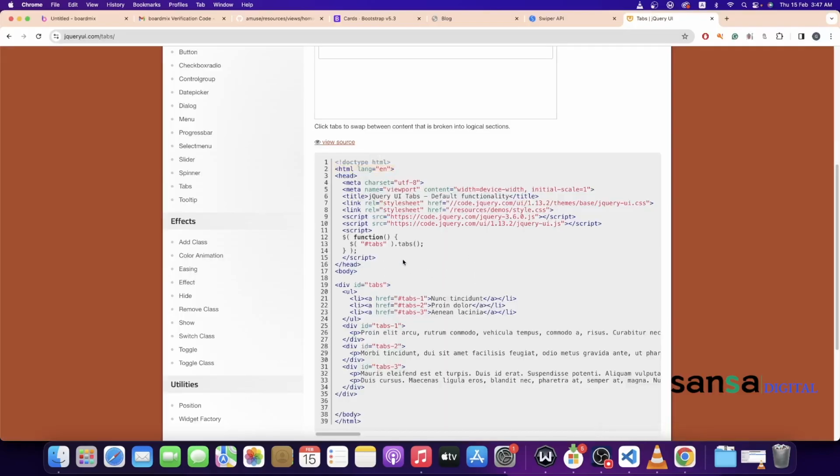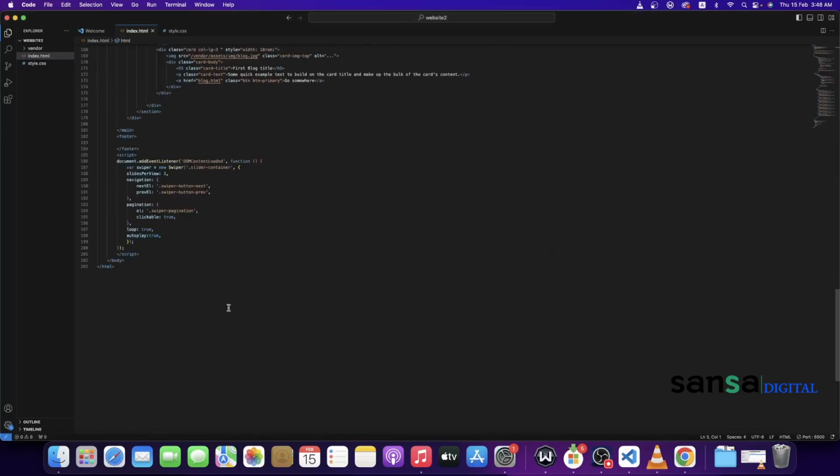So let's copy first this script. This is an initialization script. As I said, most of these packages or libraries you use are going to need initialization. And as you can see, this is another best practice when it comes to web development. I'm copying my scripts at the bottom